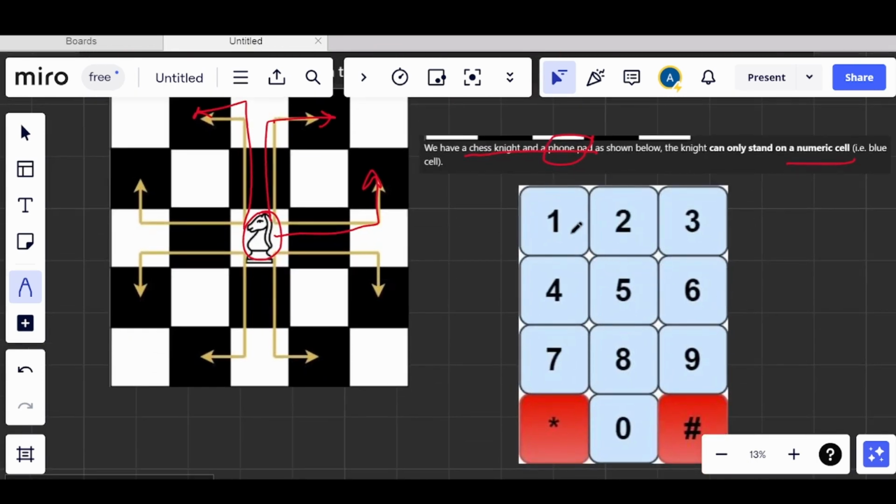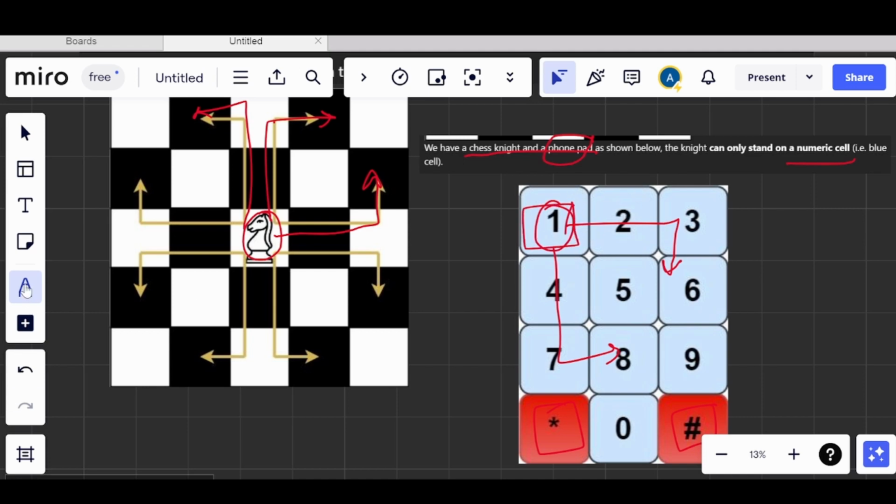So the chess knight can only stand from 1, 2, 3 to 9 and 0. It cannot go onto asterisk and hashtag. So if we have a chess knight on 1, it can go to 6 and it can go to 8, right. So these are the two ways in which the chess knight from 1 can go.